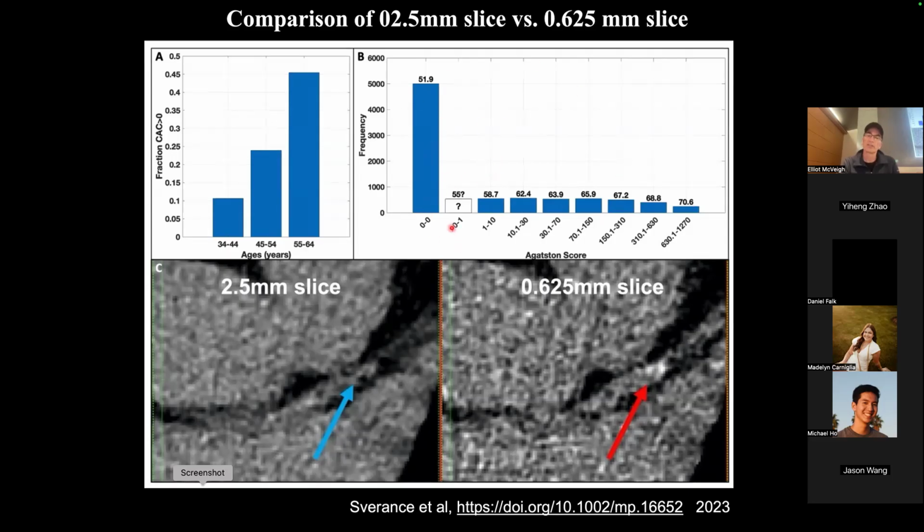So the question here is, if you're in this genetically high risk group, you're in your 30s, say you're 30 or 35, and I have a 10% chance without doing any genetics. If I do my genetics and I have a 30% chance, should I go and see if I have a calcium score of 1 or 2 or something? My feeling is you pull these people out, you get them on statins early, because what's been shown with statins is